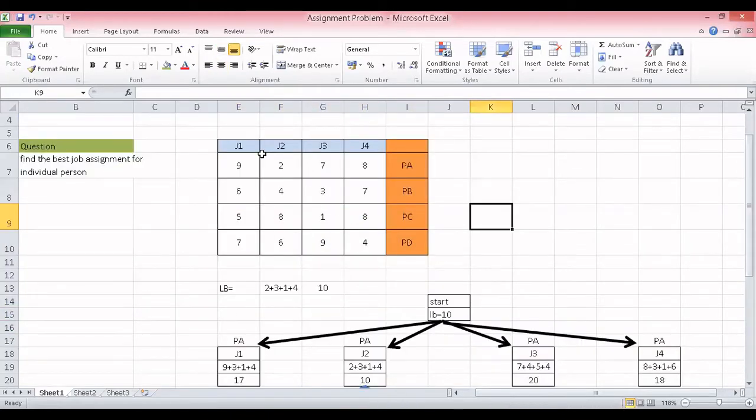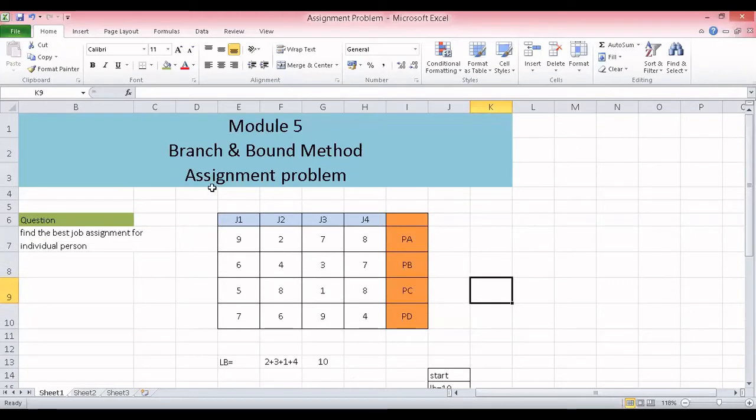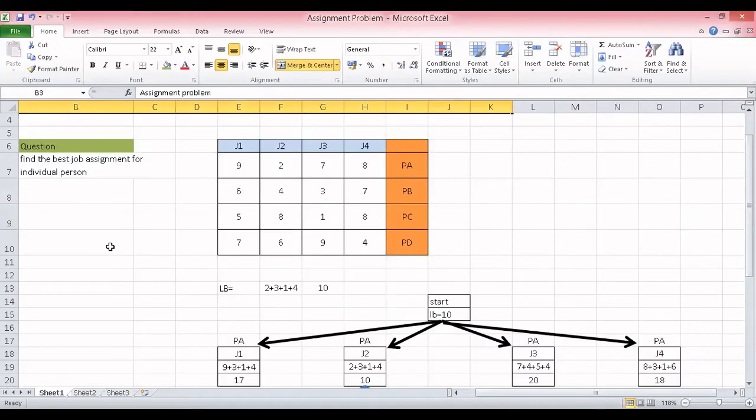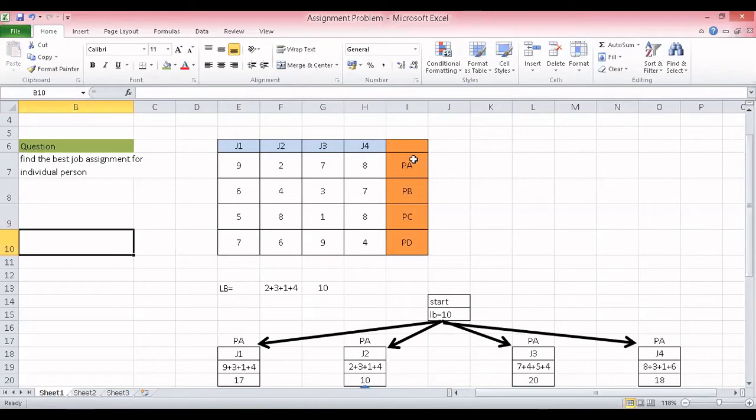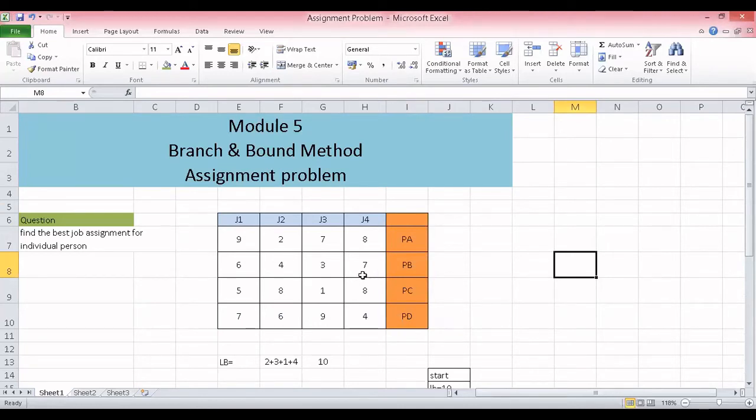Now I will explain the question first. This is called the assignment problem. You have to assign 4 jobs to these 4 people. But which job are you going to assign to which person? That is the question, or what you need to find. Below job 1, you see the cost 9 here, below that 6, below that 5, below that 7. Now I am going to explain the problem for you. Observe carefully, students.